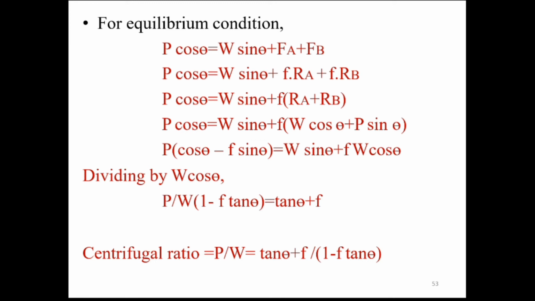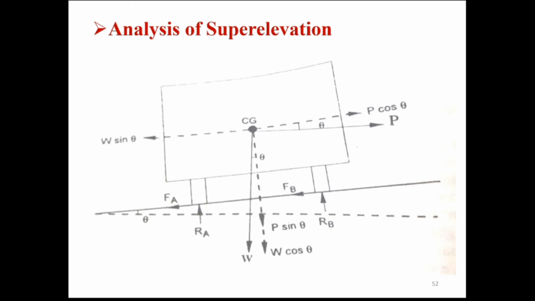So P cos theta again will be equal to W sin theta plus F into bracket RA plus RB, that is the reaction at A and reaction at B. Again, P cos theta equals W sin theta plus F into bracket W cos theta plus P sin theta. That is this RA and RB. Substituting the values,